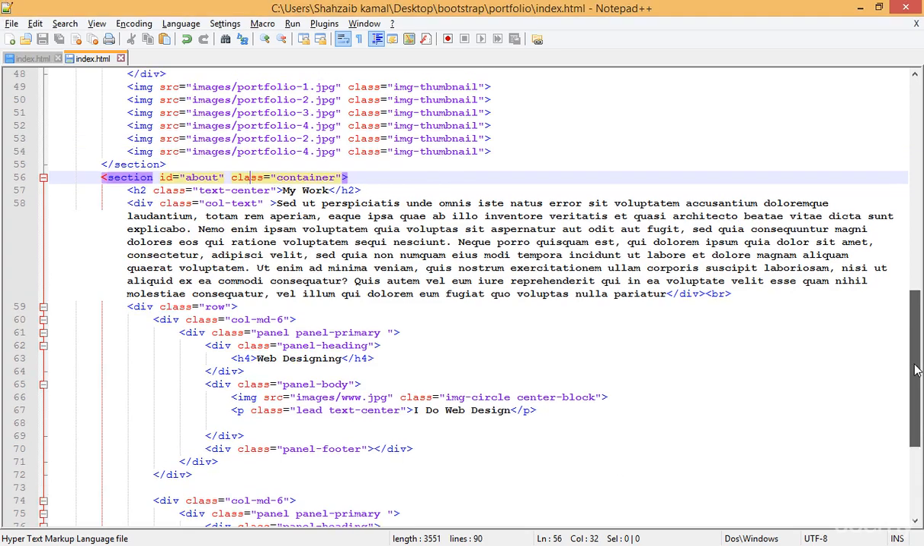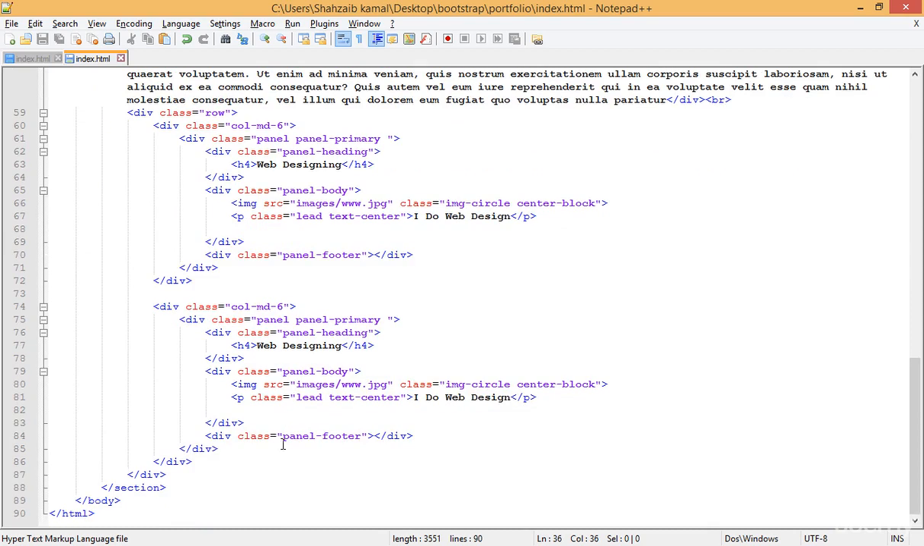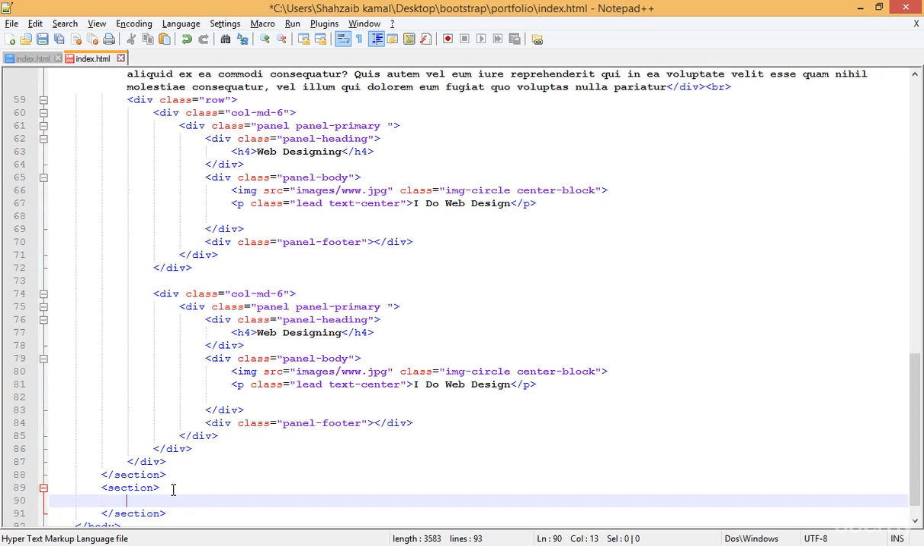Hello and welcome back. So in this class I'm just gonna add the last thing, the contact area for this project. Just after the last section, I'm creating a new one. And you know why I'm creating this section? Because I want to apply the form elements here. So here I'm just gonna apply the form. So let's create the form inside the section first,